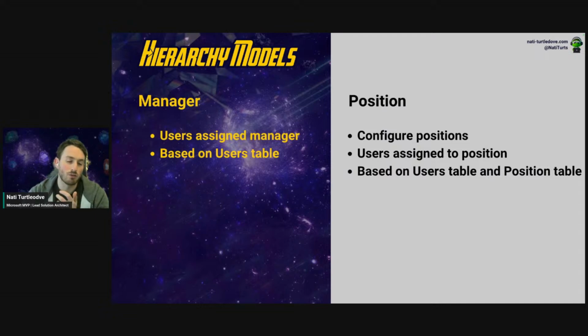It's an either or, unfortunately. I find it terribly frustrating that we can't enable both. But anyways, we've got our manager hierarchy model and our position hierarchy model. I think in the names, they're very self-explanatory. Basically, your manager can see your records and the person above your position role can see your records.